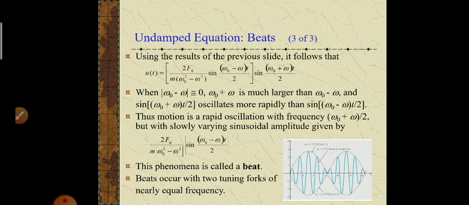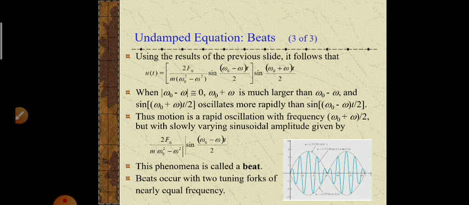So sin omega 0 plus omega t by 2 oscillates more rapidly than sin omega 0 minus omega t by 2. Thus the motion is a rapid oscillation with frequency omega 0 plus omega by 2, which is generally maximum,